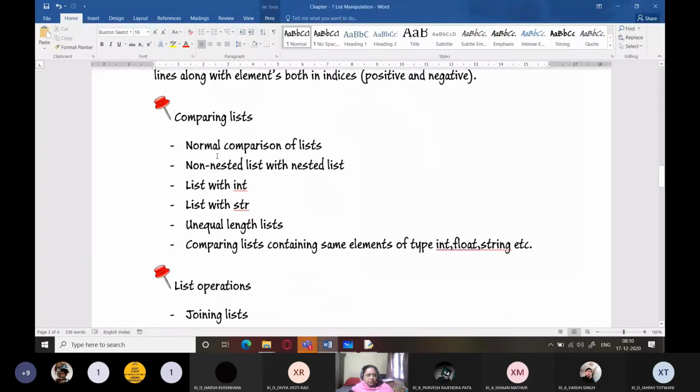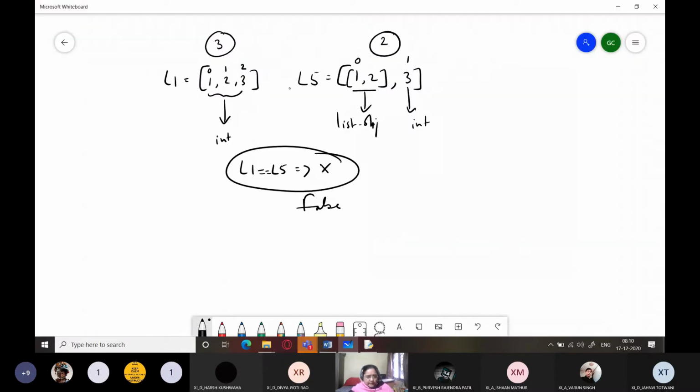Next, we will move on to non-nested list with nested list. We have already seen that over here. Now, the next thing is if I have to compare something like this, that is, I have these comparison operators, right? This is only allowed on lists containing items of the same type.